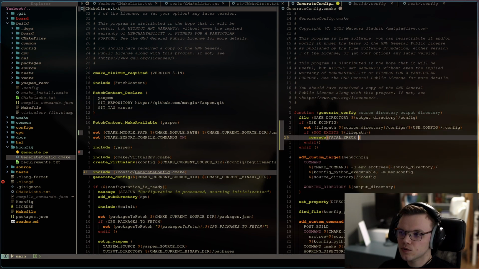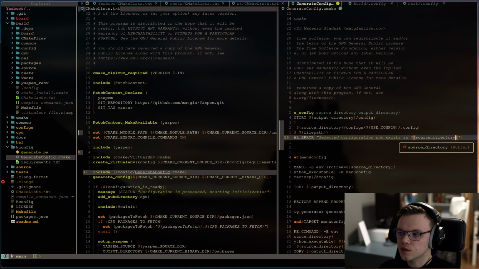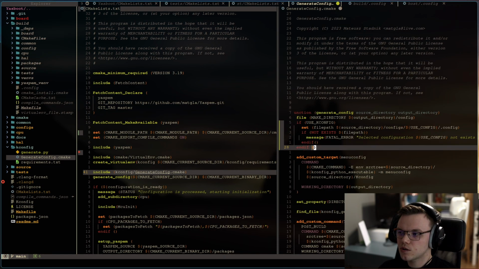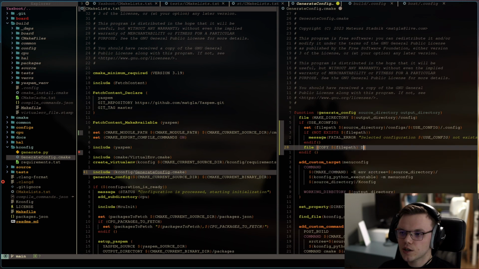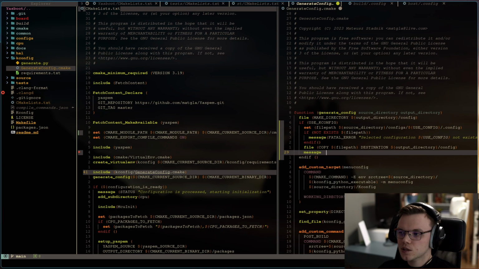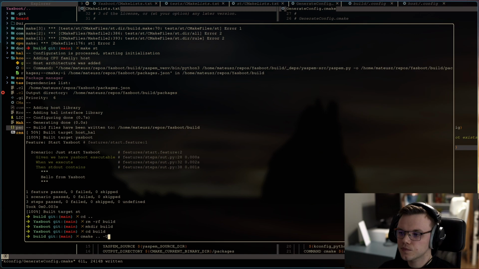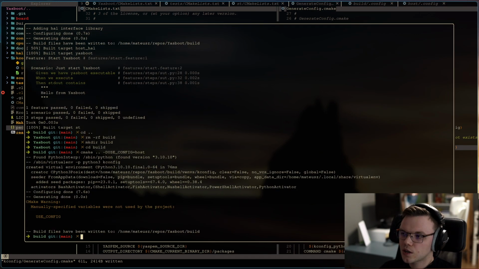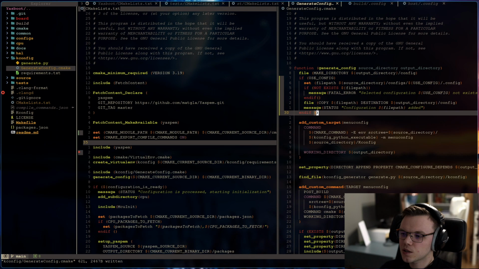So if there is the argument use kconfig passed, then use that file instead of calling menuconfig. Of course we have to check if that file exists, if not then report some error. And since the interactive kconfig is creating a .config file, in that case we will just copy it from the default ones. Something is wrong, it was not working. Alright, I called the parameter use kconfig, but I passed use config, so that's why it's not working.